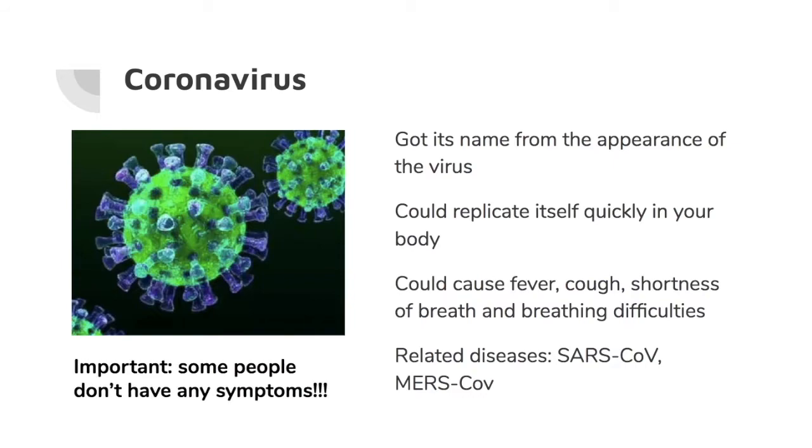However, there are some special cases. Some people don't have any symptoms at all, even though they still carry the virus, and are still likely to transmit it to other people. Some diseases which are also coronaviruses, like the one this time, are SARS and MERS, which were already very well known in the world. This disease this time is similar to those you've known. According to researchers, it's 70% similar to SARS. But they're still not the same thing, only belonging to the same family of coronavirus.